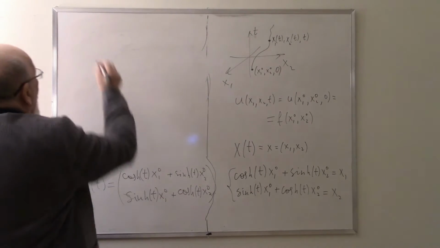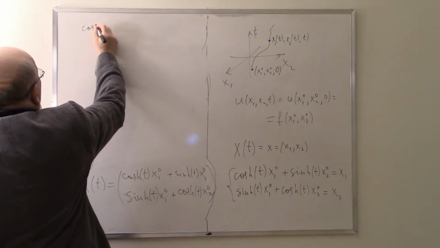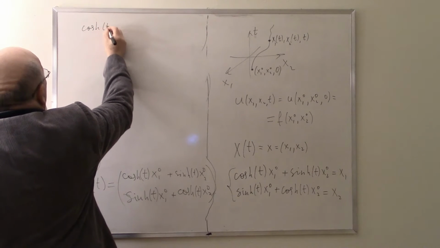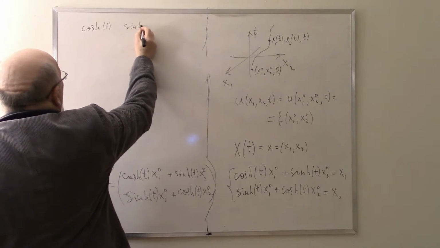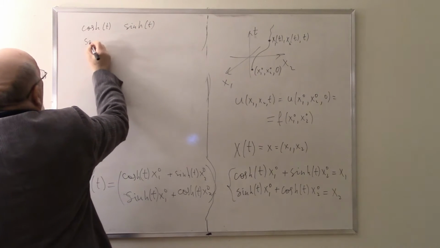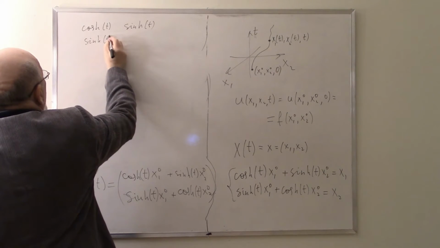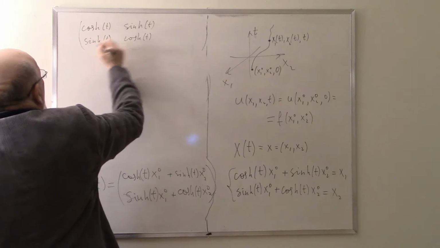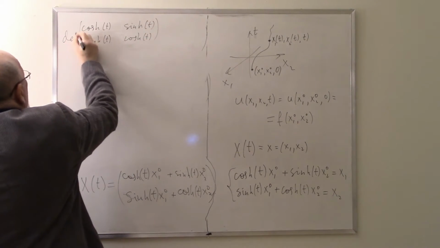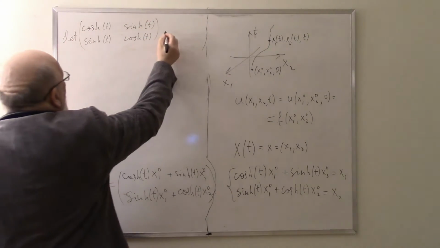First of all, the determinant of the matrix cosine hyperbolic of t, sine hyperbolic of t, sine hyperbolic of t, cosine hyperbolic of t